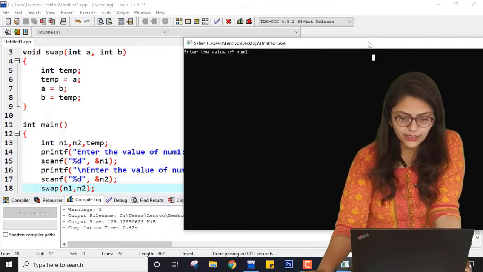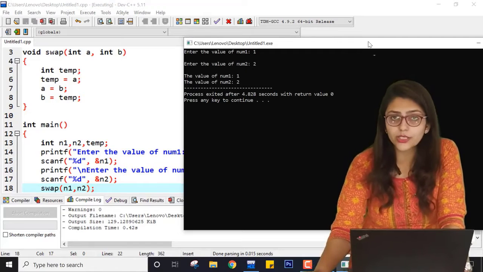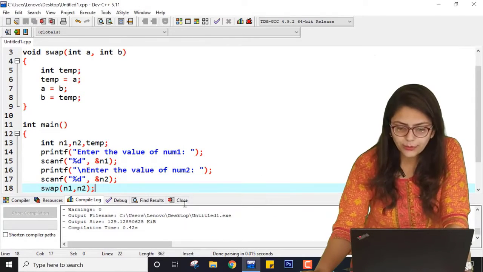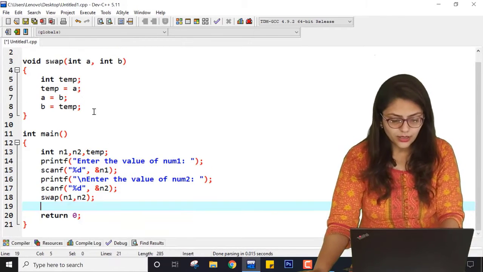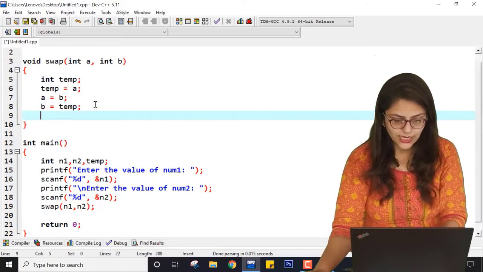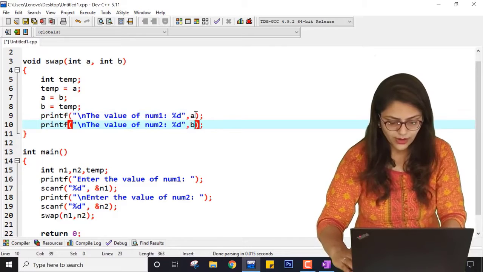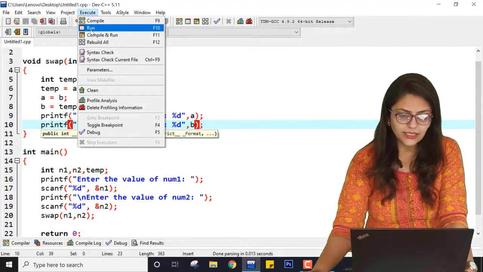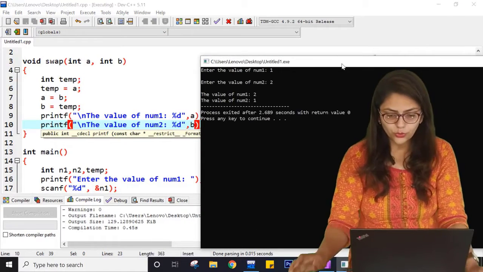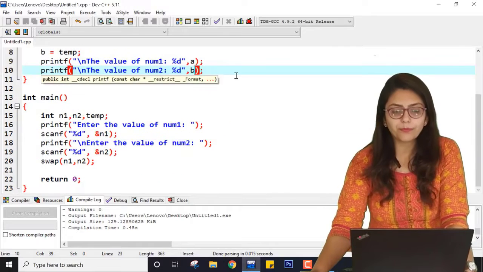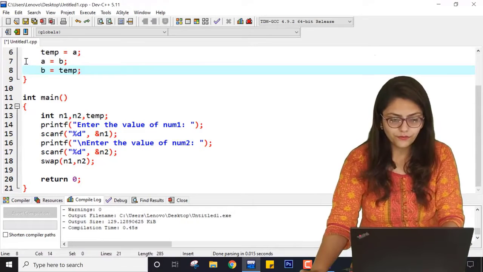If I am compiling it and entering 1 and 2, you can see the values are not swapped. Now let me show you what is happening over here. Some students are writing this thing inside this, right? They are writing the value of A, the value of B, right? They are writing this and then they will get the same answer. But this program is incorrect for a function, I will show you why. In this case it will swap, but this program is incorrect. I cannot write this thing inside the function.